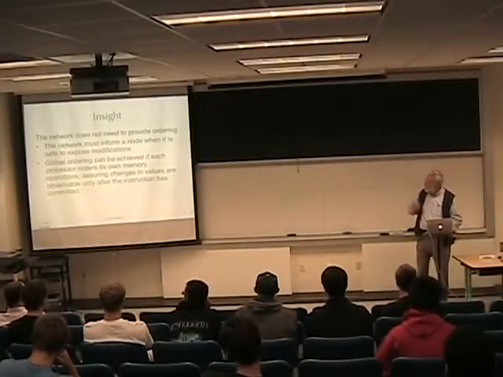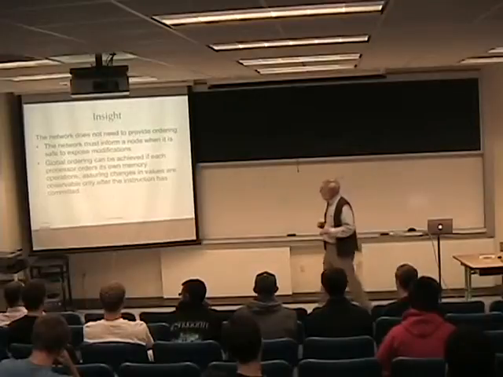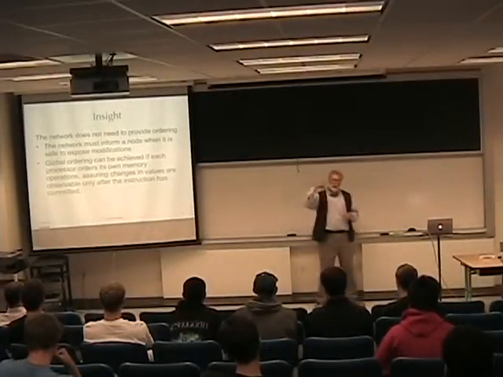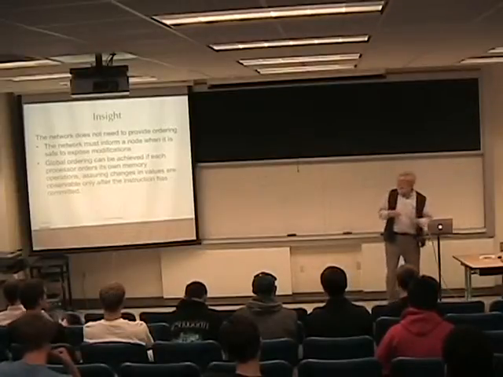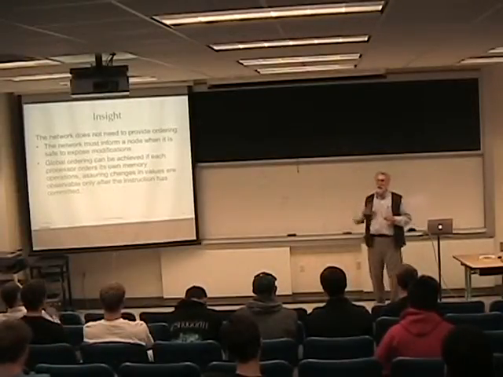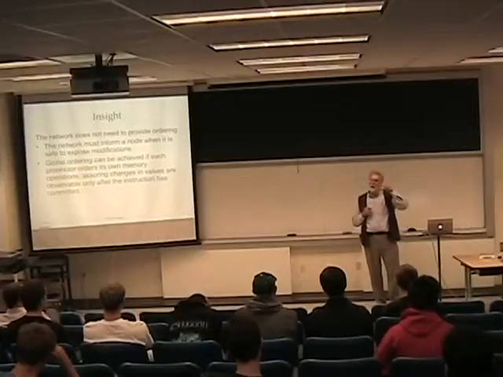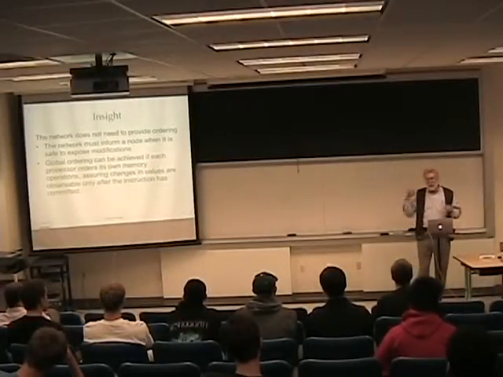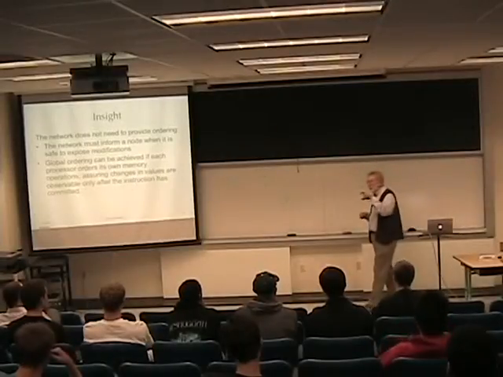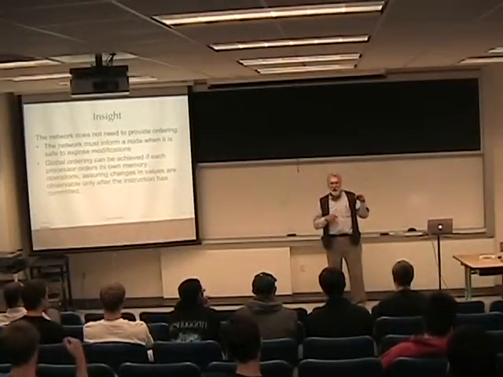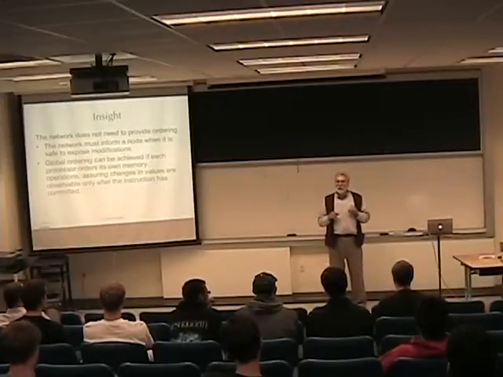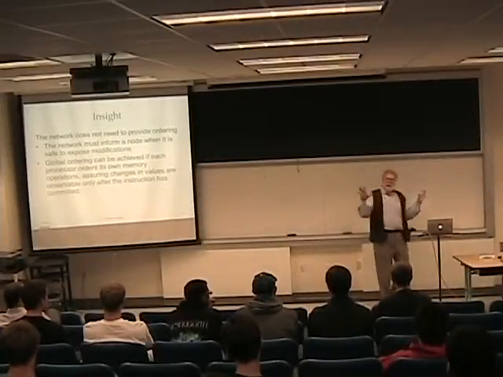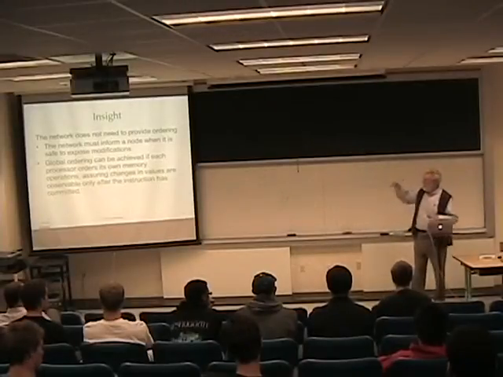So each processor orders its own memory operations and makes sure that if you want to achieve this sequential consistency that I talked about earlier, what you have to do is make sure that each instruction gets retired in the correct order. By retired, I mean not that you've completed the operation internally, but retirement is the point where you can make the memory changes that you have achieved with a given instruction visible to the rest of the world. So that part you have to do